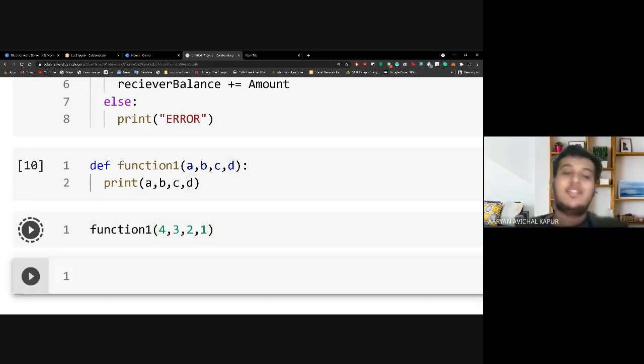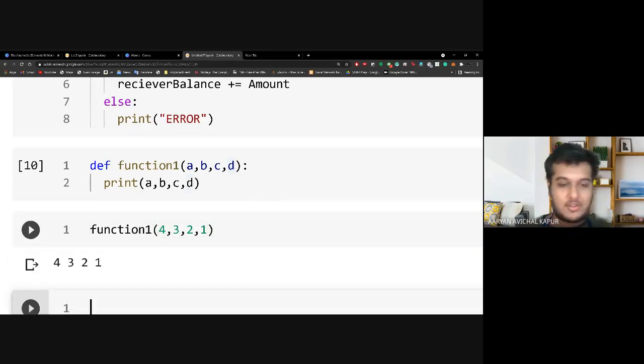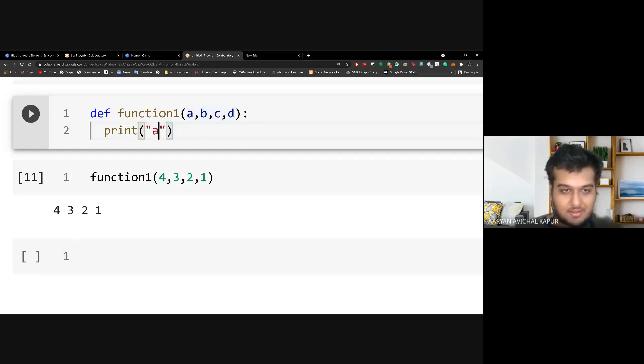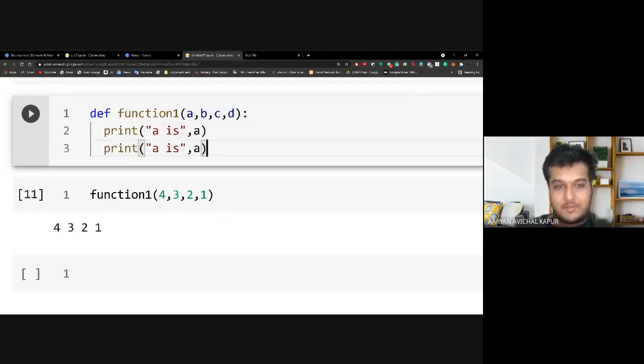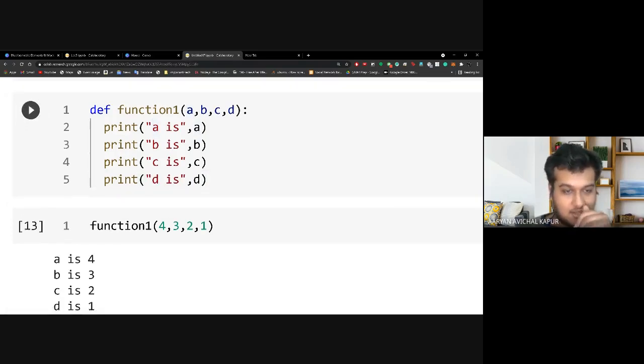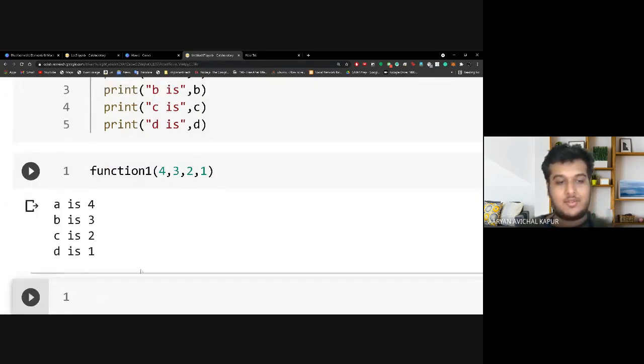So these are called positional arguments, where the position defines where that value will go. Let me sort of make this a little bit clear for you. So the position of A was first, so that is why the first value goes to it, and so on and so forth, right? Let's say B, and let's say C, and let's say D. So you'll be able to see how each value is there. So you can see A is 4, B is 3, C is 2, D is 1.